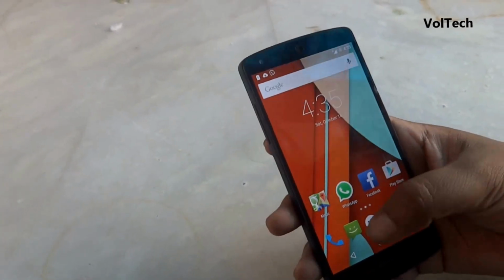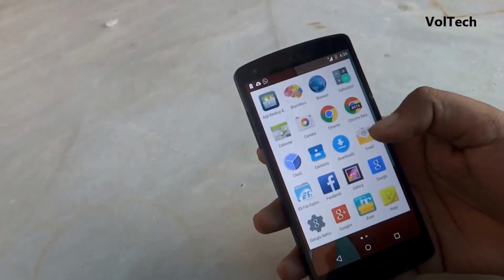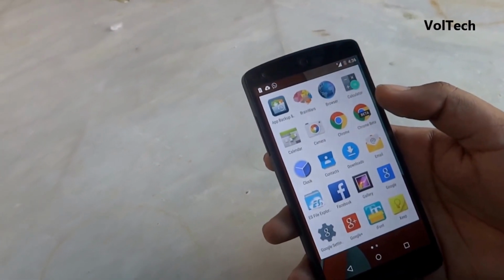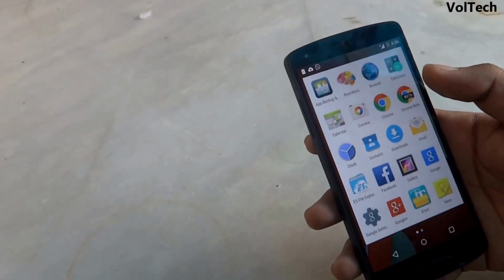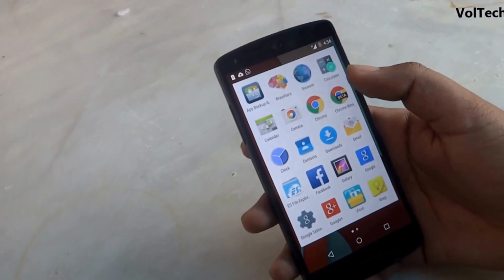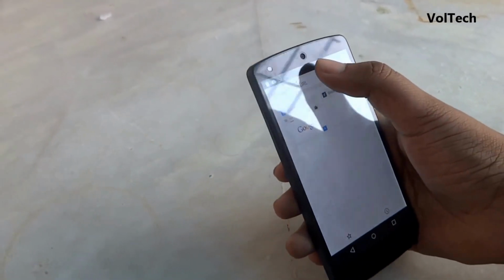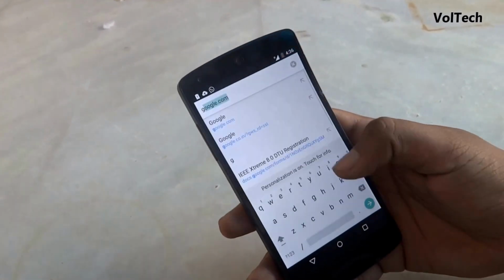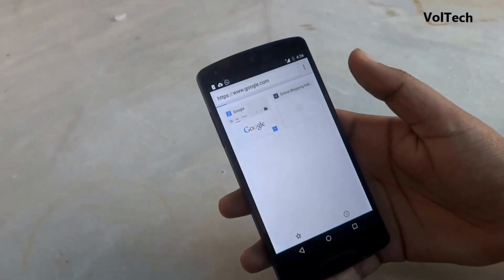Not much of a problem there anywhere. And also, the tab feature that they had promised has not come with the Chrome app, but you can have that with Chrome Beta. That is, suppose you open Google in one of the tabs